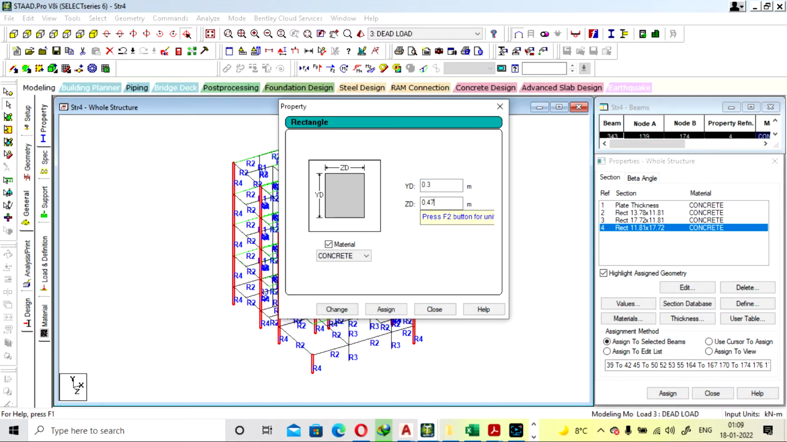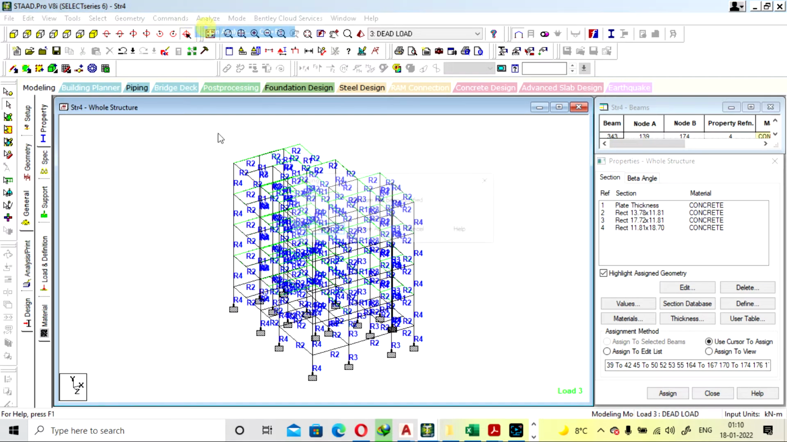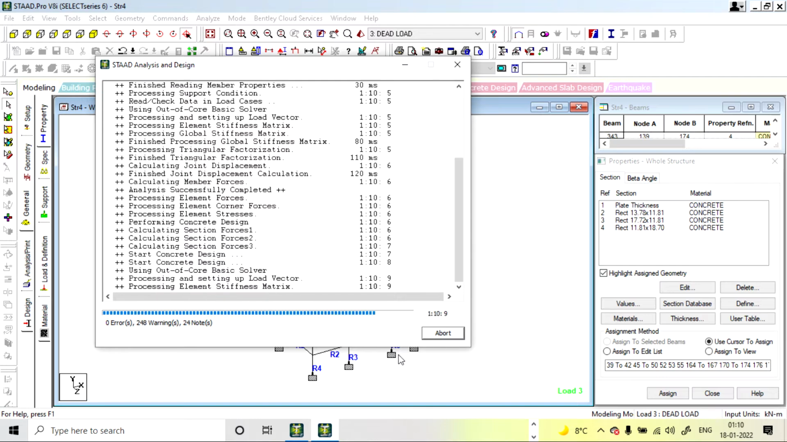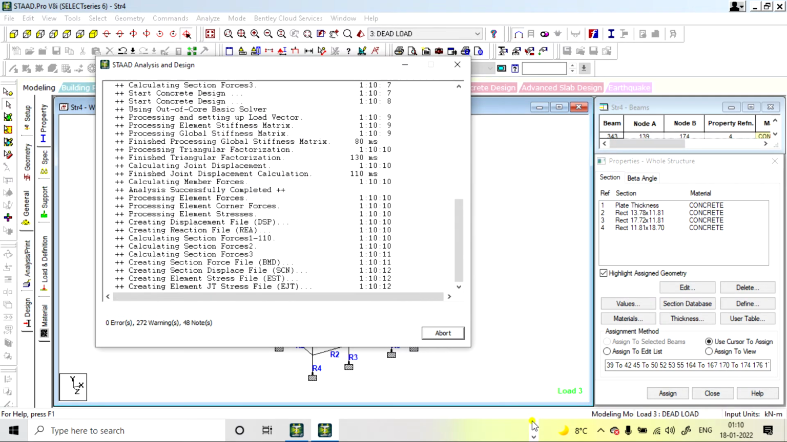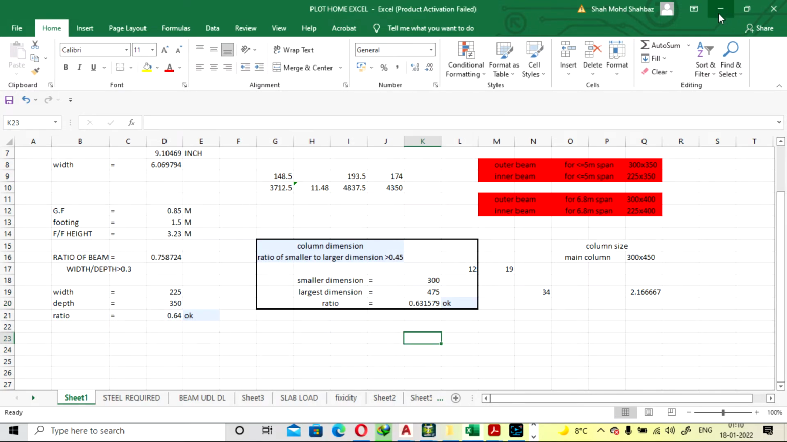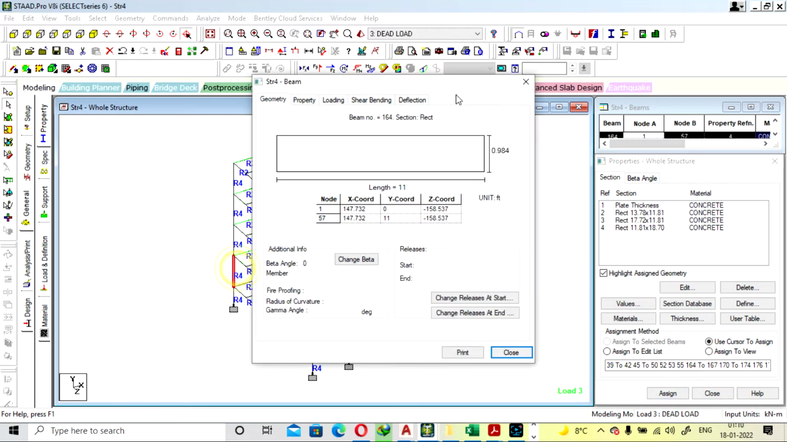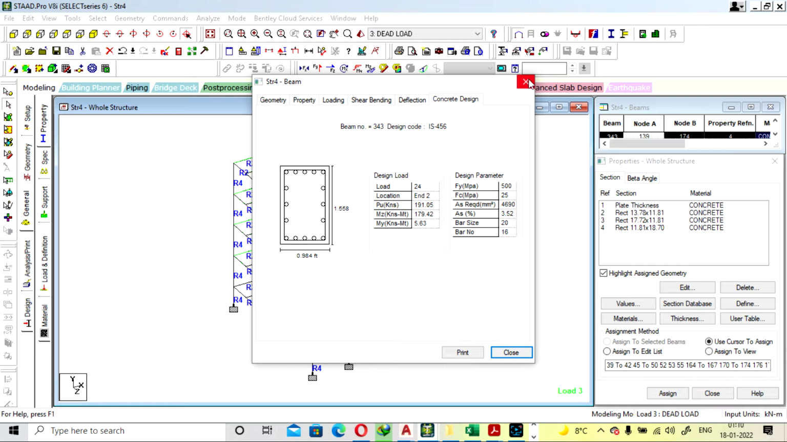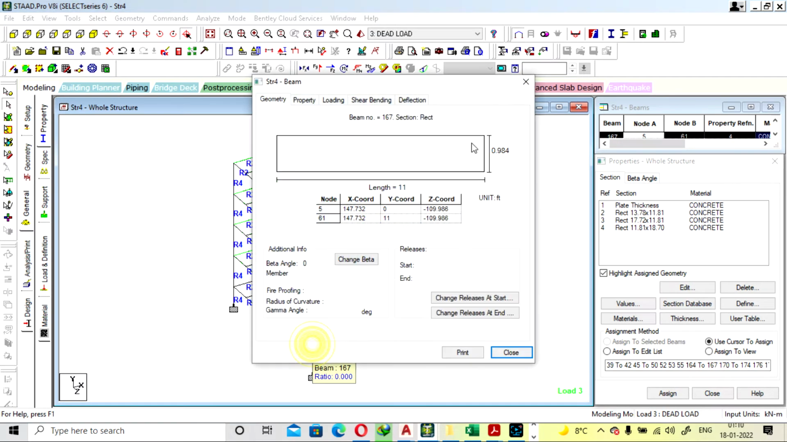450, go with 475. Change, save, analyze, save. So I'm going with 475 right now, and we will check. Some deflection will be still there. Okay, some beams have passed,